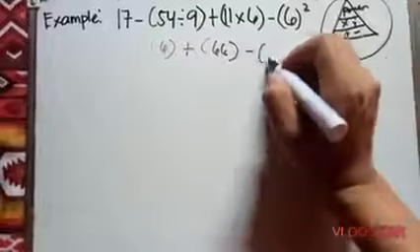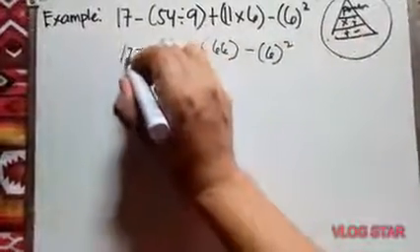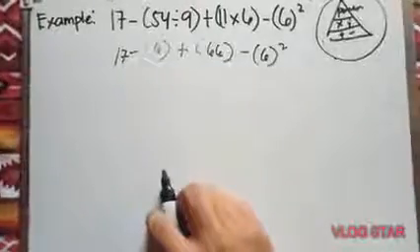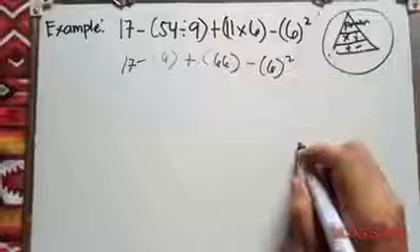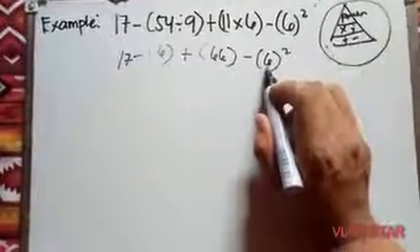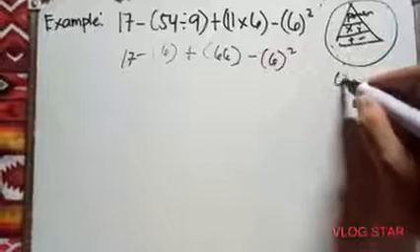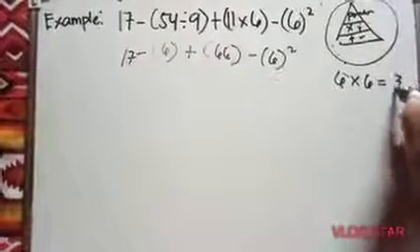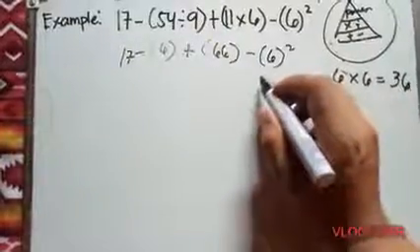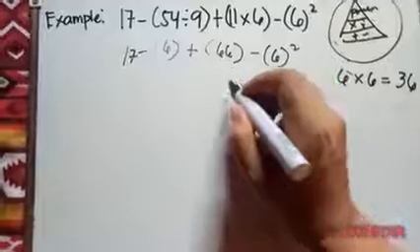Okay, minus 6 square, then copy 17. So the next step is power or the exponent. So we have 6 square. So 6 square can be written as 6 times 6. Okay, so that is 36. So we will just copy 36, then the subtraction sign,